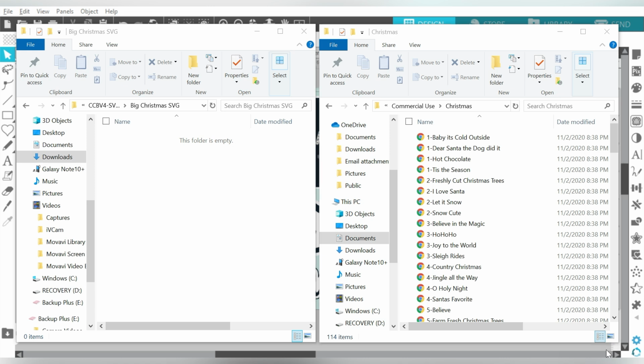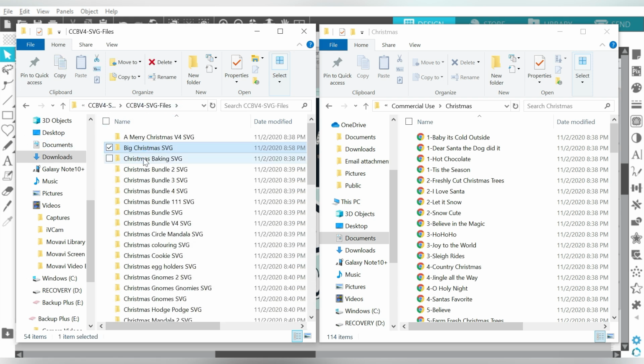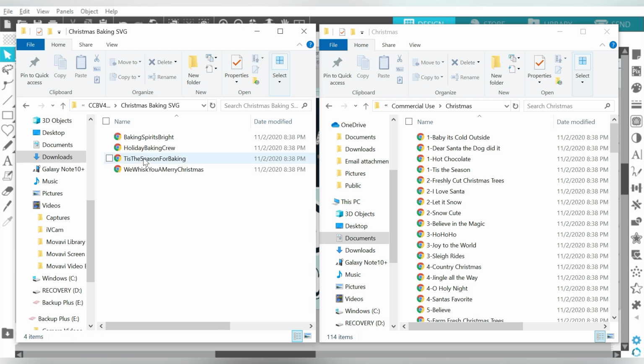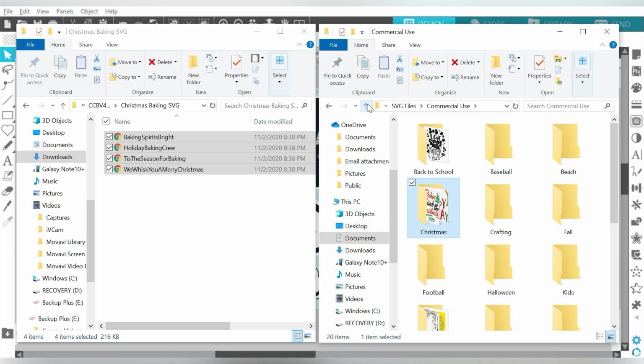Okay, so let's go through some more of these. Unfortunately, it just takes a long time, and I would like to say that there is an easier way to do this, but I have not found an easier way to sort these into files on your computer for the best saving process.